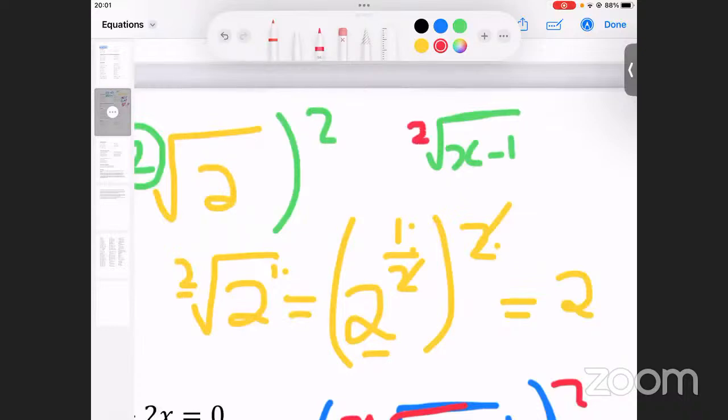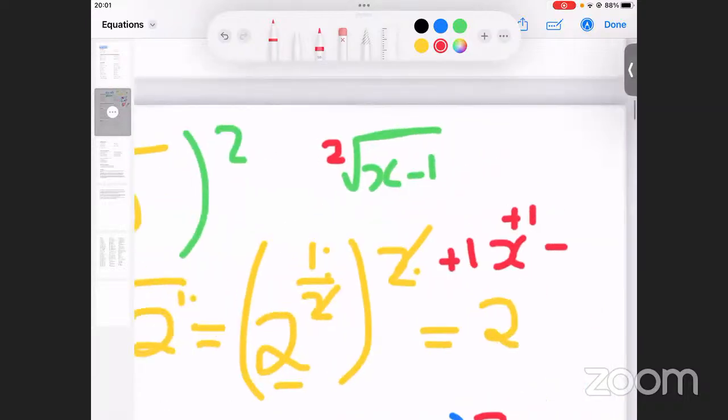So if it is just square root of x minus 1, just know that there is invisible 2 there. Just like when you write x, there is an invisible 1 there. There is an invisible positive there. It's not necessary to write, but you just know that this thing is the same as x, but it has got too many invisible things. There is an invisible plus there. If a number is just a number, just know that it's a plus. Unless if it's a negative number, then we will mention, say, negative 1.